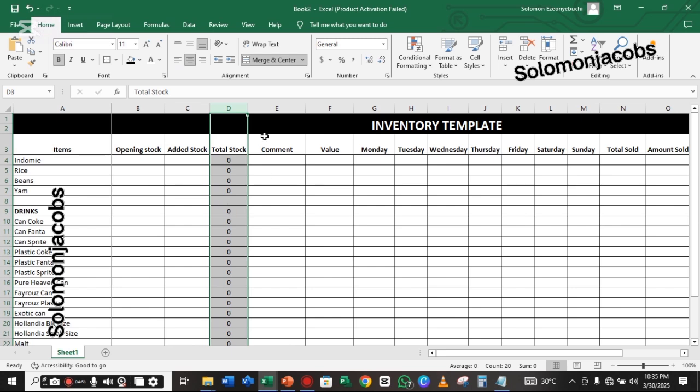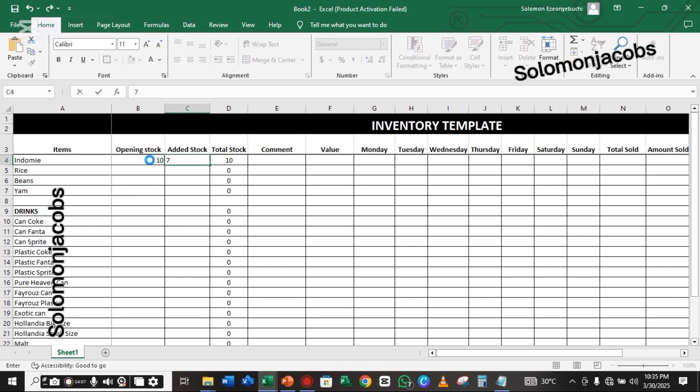Okay, now if we have 10 here, then added stock was 7, total is becoming 17. So if you have 100 bags of rice,